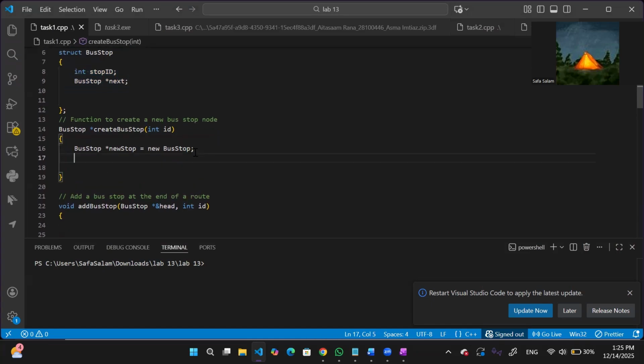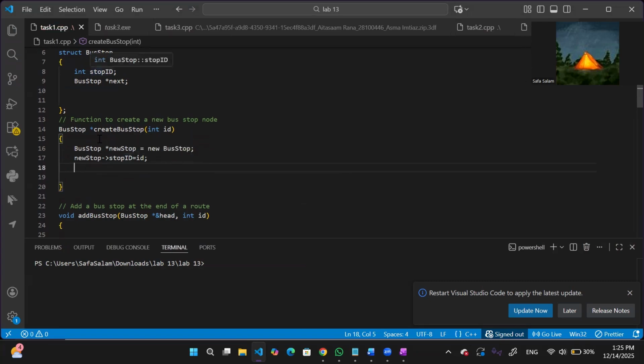So we can say new stop, and using the pointer notation, we assign it its ID. So new stop has a member variable stop ID. It has a member variable called next. So we have assigned the stop ID to it because it was passed to us as a parameter in the function, but we do not know the next yet, right? So for next, we just point it to null